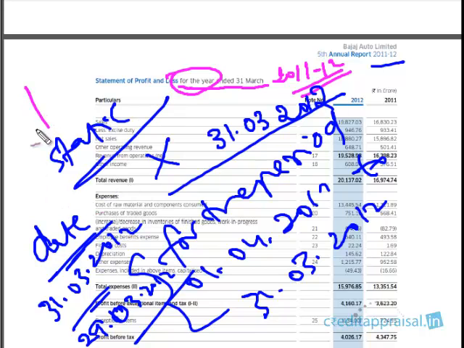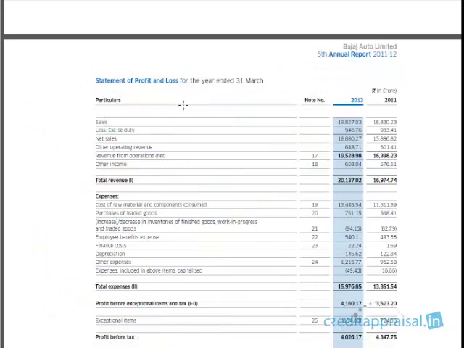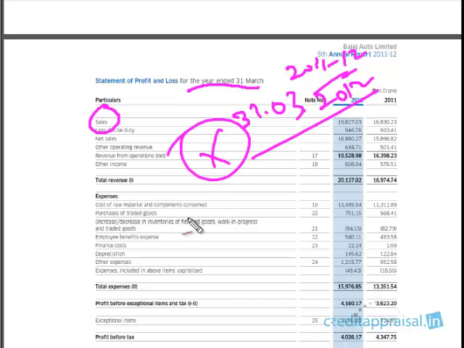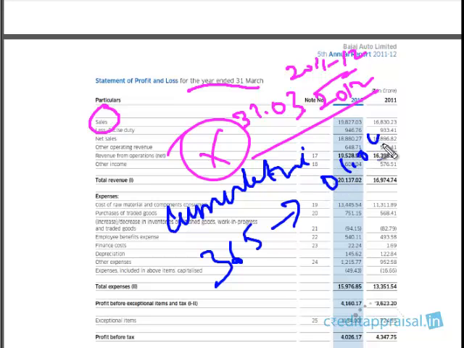Whereas P&L is a flow concept. Please make this distinction very clear. So when the heading of the P&L statement says it is a P&L account for the period whole year 2011-2012, and we see an item called sales, this is not the sales for one particular day, 31/3/2012. No. What we are saying is this is the cumulative sales for all the 365 days from 1/4/2011